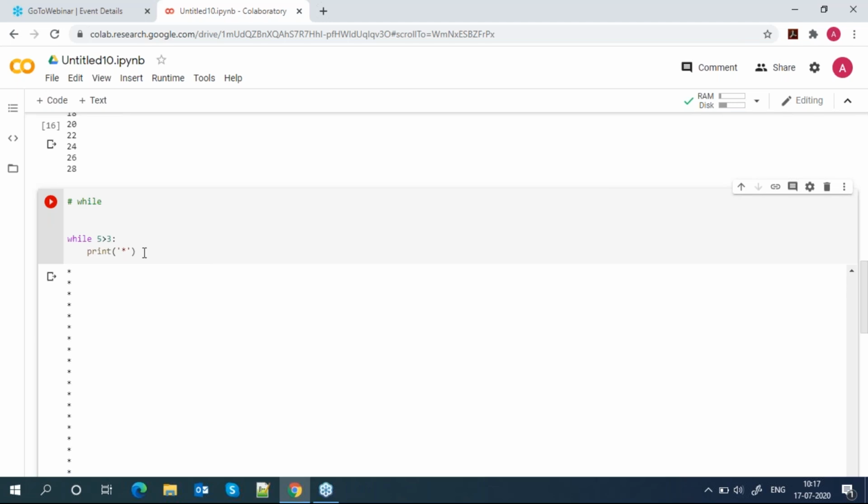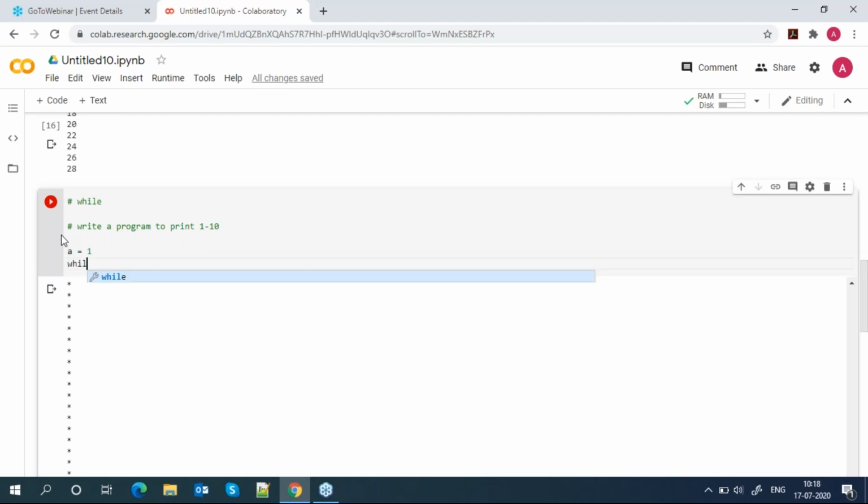So how do we control this while loop? We can use an increment assignment, so that we can increase the value. Let's write a program to print 1 to 10. How do we write it in a while loop? First I take a variable, a equal to 1.